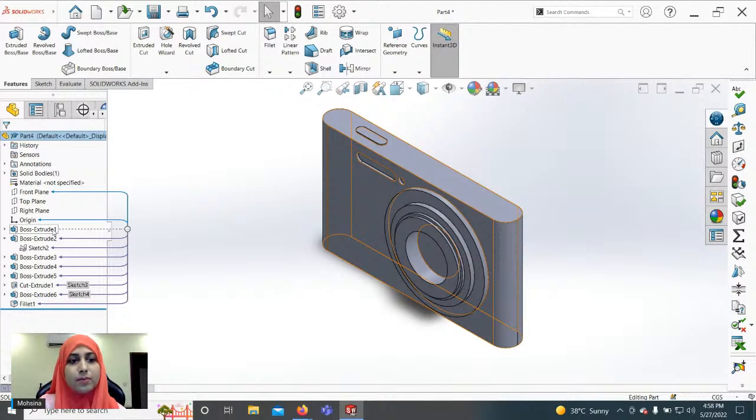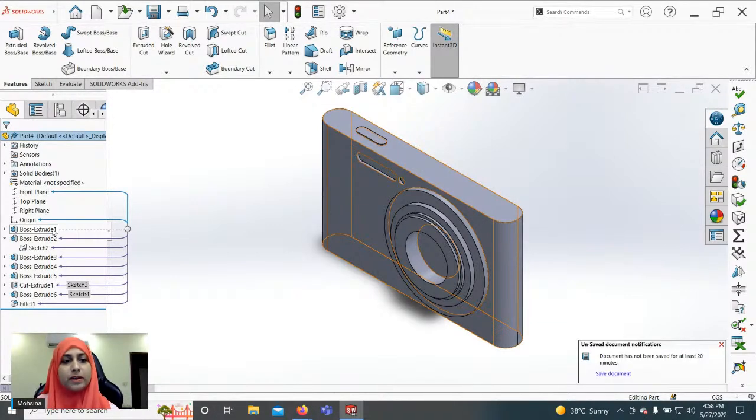So this is a really important feature, dynamic reference visualization, because it will help you understand which feature is linked to which one, so that modifying or deleting an item, a sketch, or a feature tells beforehand how the other features will be affected.